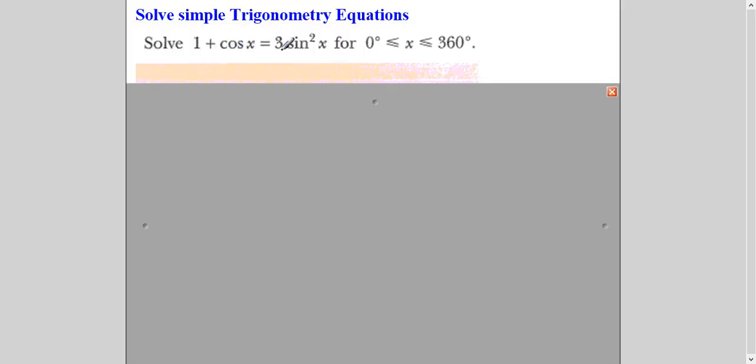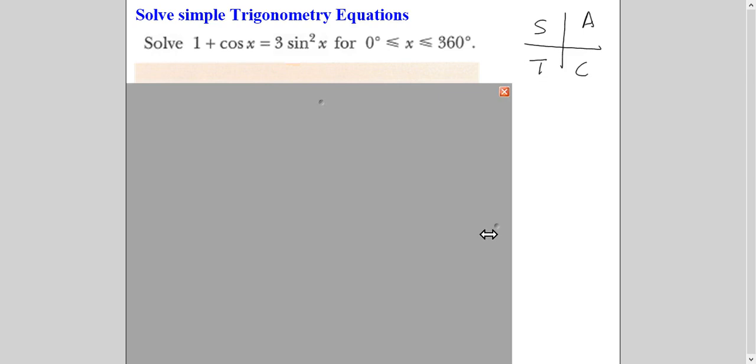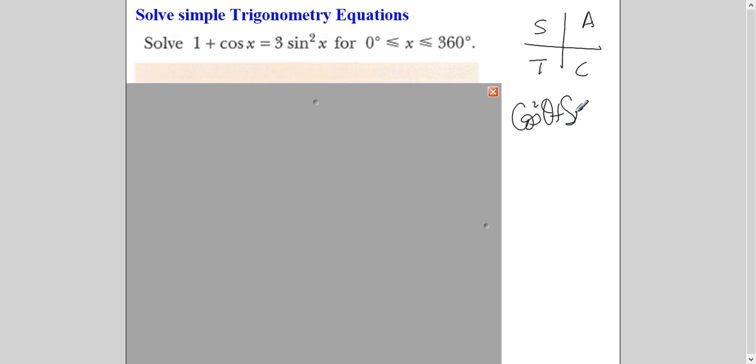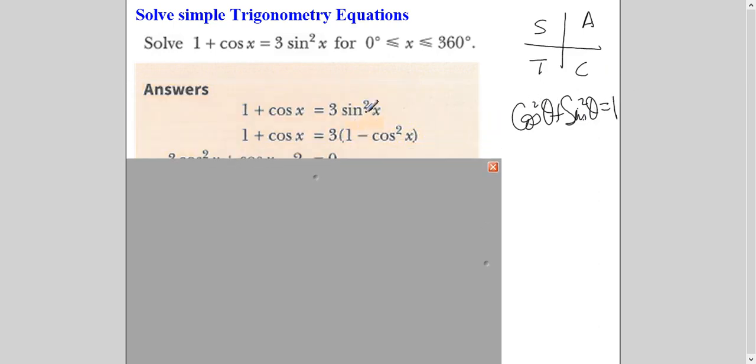Now in this example, I see 2 trigonometric functions, cos and sine. And to apply the concept of ASTC, I need to have equation in one trigonometric function. So what comes in the mind? Apply identity here. Sine square x is equals to what? You remember the identity? We did in the last video, cos square theta plus sine square theta equals to 1. So sine square theta equals to 1 minus cos square theta, right? So we will use this identity here.